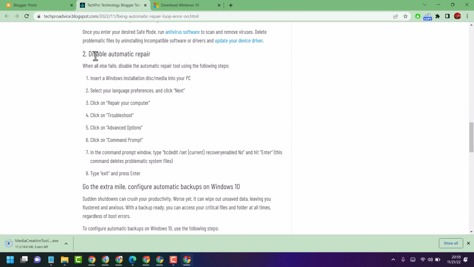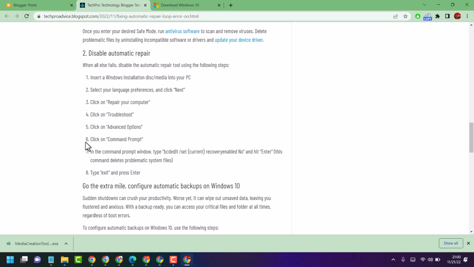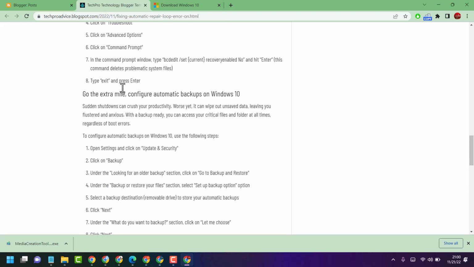And second method, disable automatic repair. When all else fails, disable the automatic repair tool using the following steps. Insert a Windows installation disk or media into your PC. Select your language preferences and click Next. Click on Repair your computer. Click on Troubleshoot. Click on Advanced Options. Click on Command Prompt. In the command prompt window, type